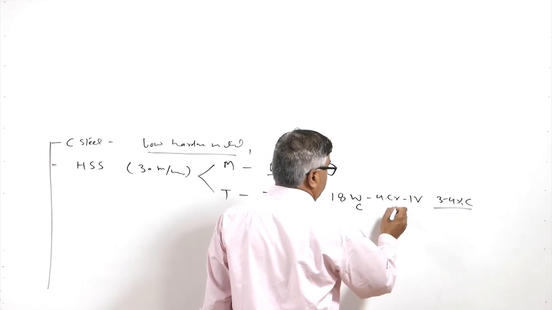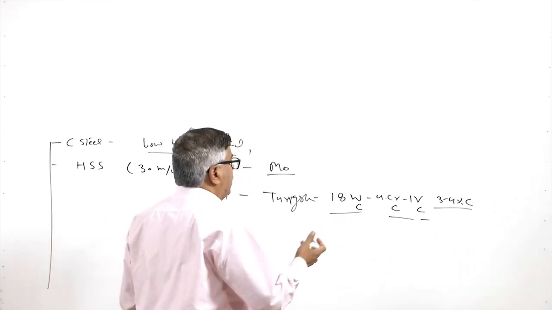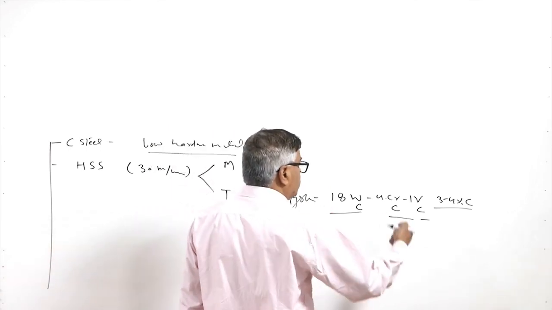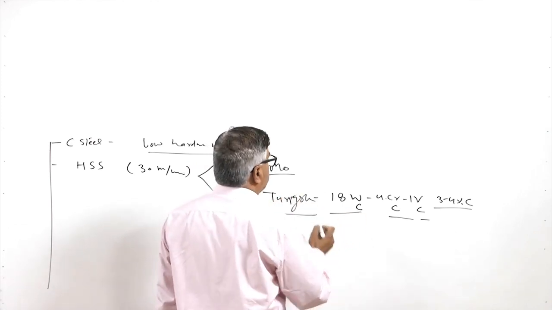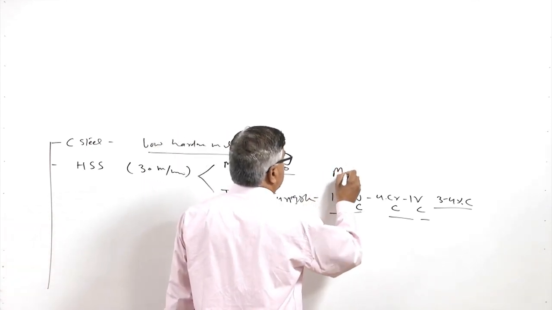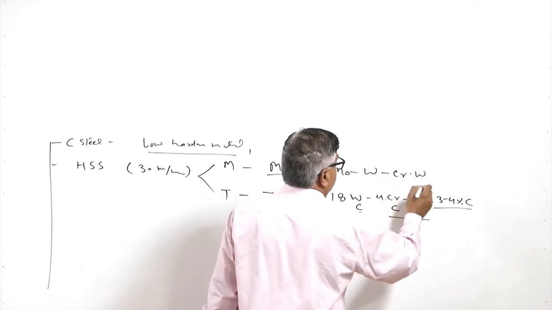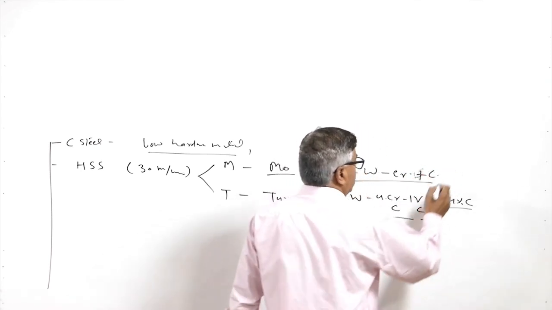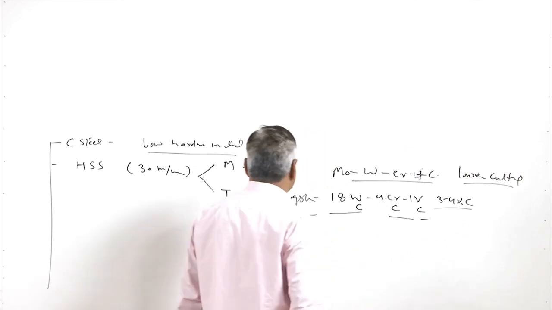So, all these are strong carbide formers. So, these form tungsten carbide, chromium carbide, vanadium carbide, which are very hard and very stable, and stable means they do not soften at elevated temperature, and that is why they offer good hot hardness. But since tungsten is costly, people have tried to replace the tungsten with molybdenum, so that the cost can be reduced. So, in that case, molybdenum plus some percentage of tungsten, then chromium, then vanadium plus of course carbon is added. These are cheaper, but they allow lower cutting speeds than what is possible with the T series